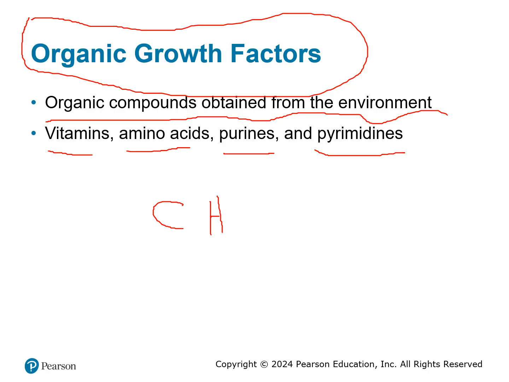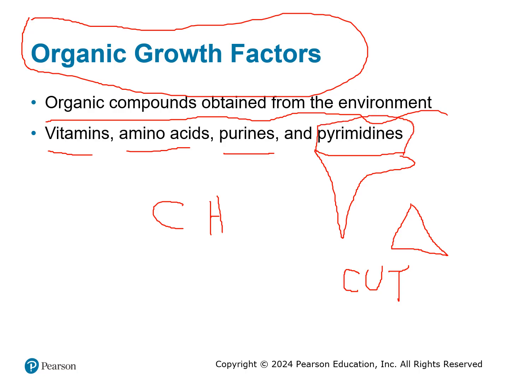What was purines and pyrimidines again? My little way of remembering it is pyramids are sharp and they can cut you. So CUT are the pyrimidines. They're the nucleotides that have one ring. Okay, so cytosine, uracil, and thymine are the single ring nucleotides, and then purines are going to have a 2-ring